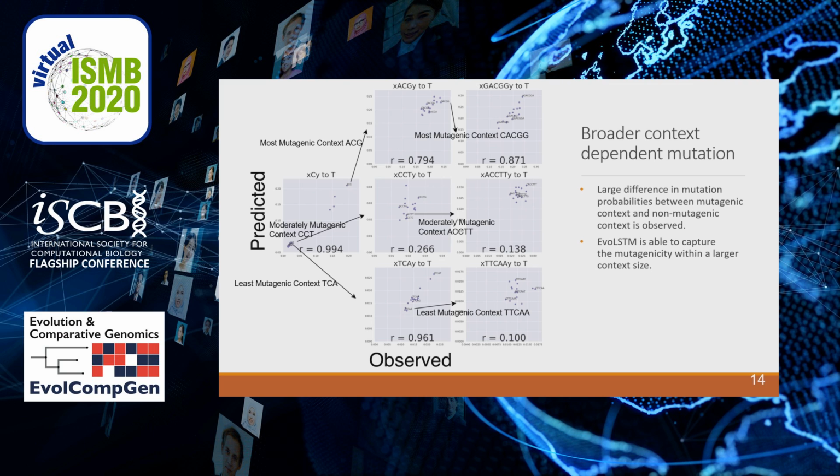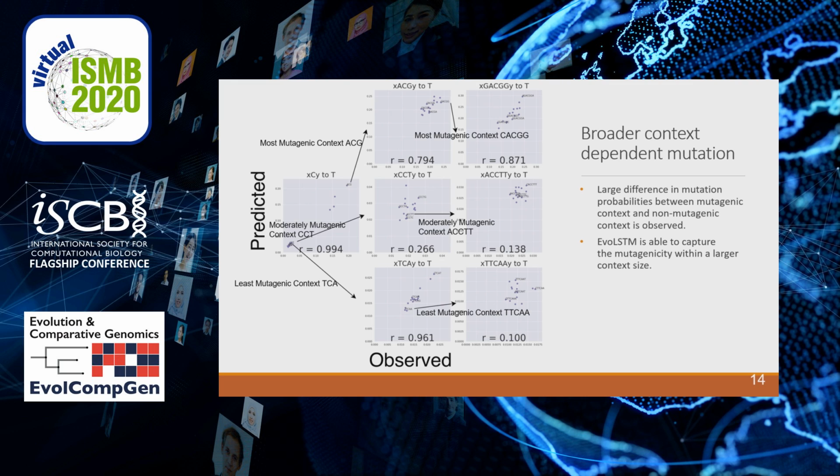The ACG context is the most mutagenic trinucleotide context. Then by adding one more context based on each flank, we can observe that there is a 35% difference in C to T mutagenicity between the most mutagenic flanking-based context of ACG, which is CACGG, and the least mutagenic AACGA context. Bringing it further to the context size of 7, there is a twofold difference between high and low mutagenic